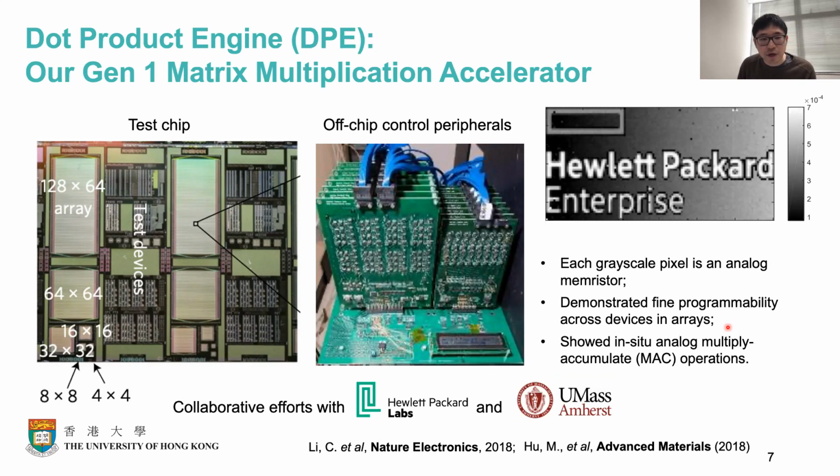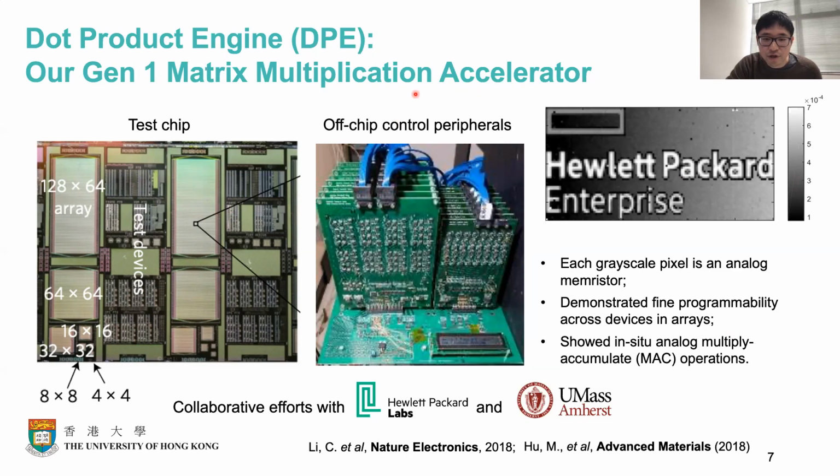In order to measure that, we built off-chip control peripherals so that we can supply multiple different voltage amplitudes at the same time, on up to 128 channels. At the same time, we can also sense the current values in parallel. And for our generation 1 platform, we are building all the control peripherals, including the digital